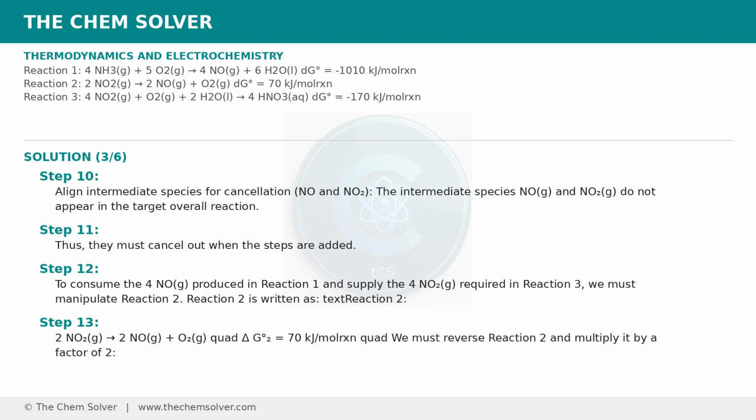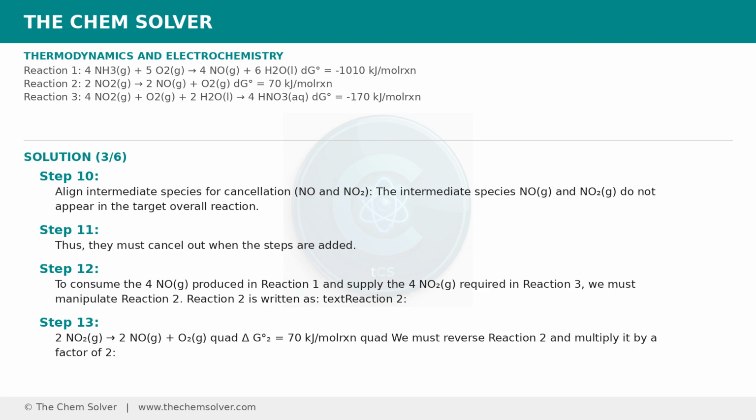Align intermediate species for cancellation. The intermediate species NO and NO2 do not appear in the target overall reaction. Thus, they must cancel out when the steps are added. To consume the 4NO produced in reaction 1 and supply the 4NO2 required in reaction 3, we must